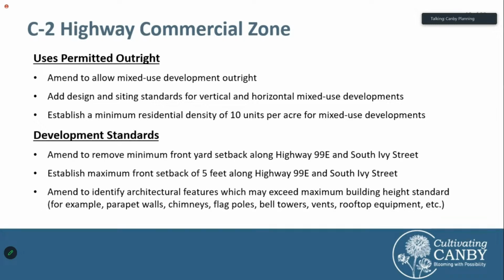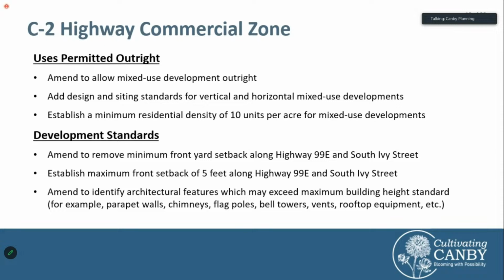All right, and with that, just a couple of development standard updates specific to this particular zone. We are talking about reducing the really large front yard setback on 99E. It's 20 feet right now, which means that there is a lot of land and capacity for parking, for landscaping, for buffering, for buildings that is being lost by that setback. So we're proposing that the minimum front yard setback be removed, that there be a maximum setback of 5 feet,